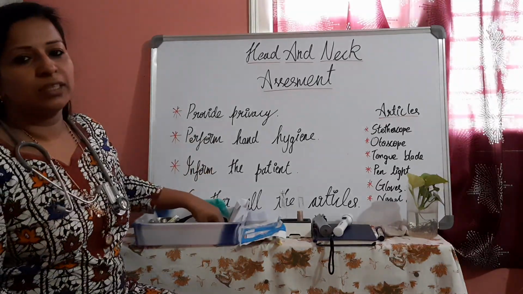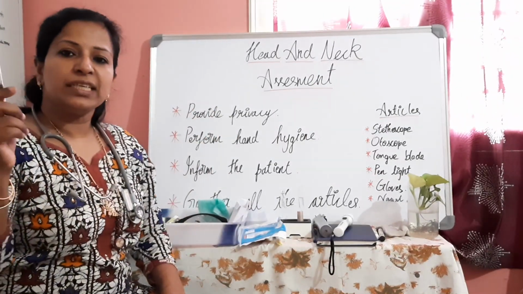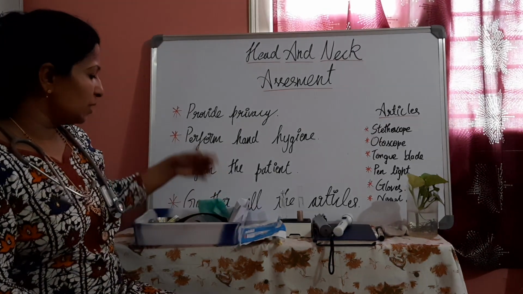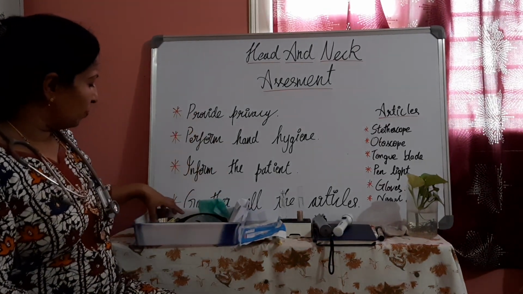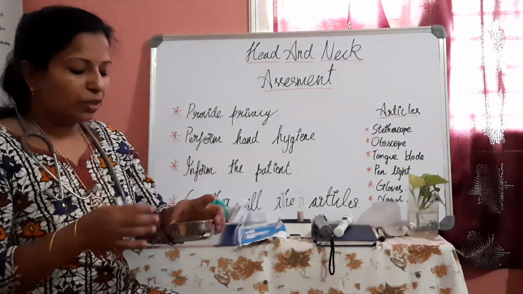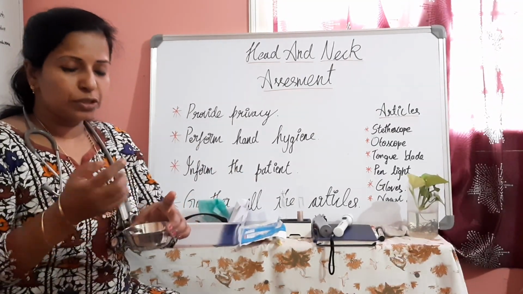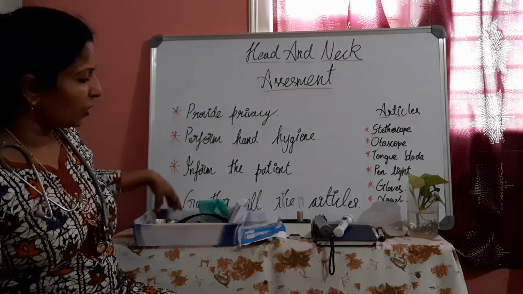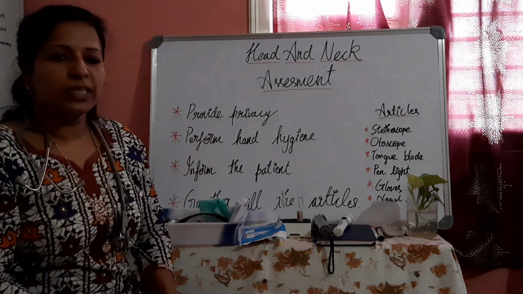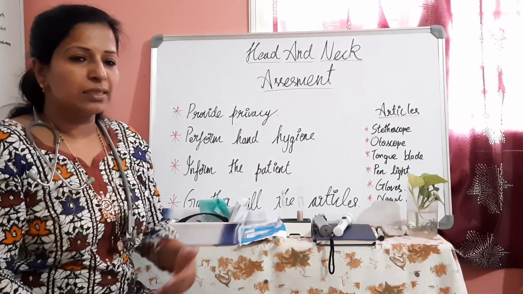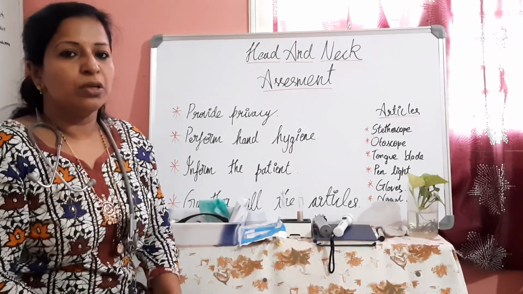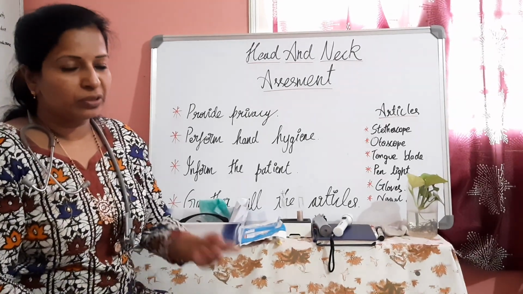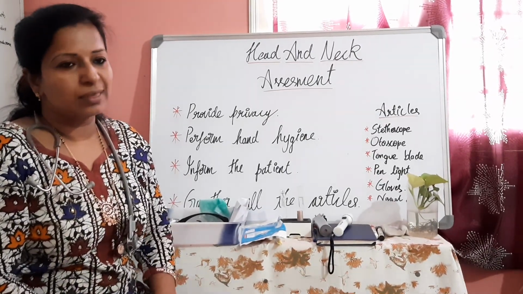The next article is a tuning fork. For conducting the ear hearing test, the tuning fork will be used, and for the patient's cranial nerve assessment, you can use cotton balls and a sharp instrument to check the cranial nerves. So in this assessment, I am going to do the head and neck assessment along with the cranial nerve assessment. Please listen very carefully, and it will be useful for you at the time of practical examination.